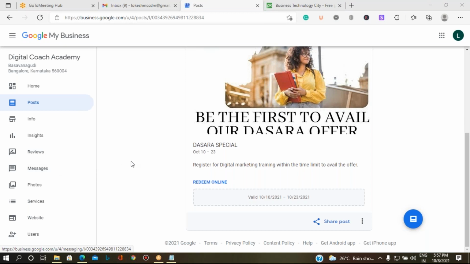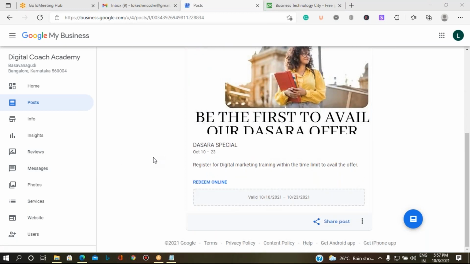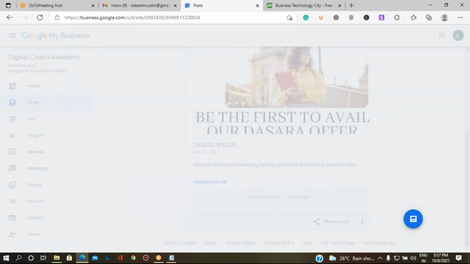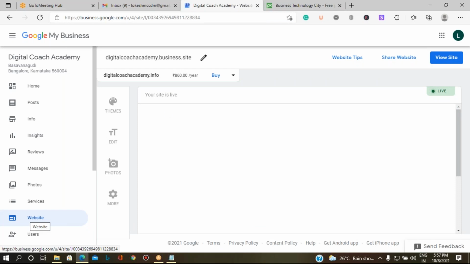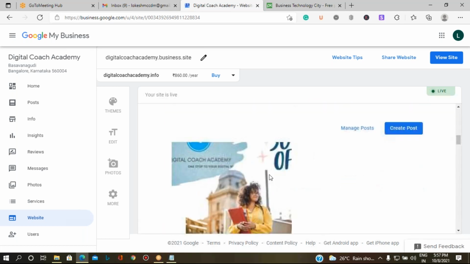Fine. So once you add all this information, you can click on the website option. Here it is going to show how your content will be shown on the business pages.